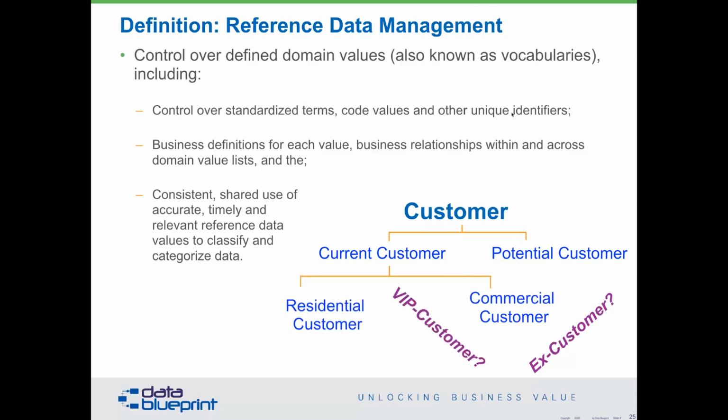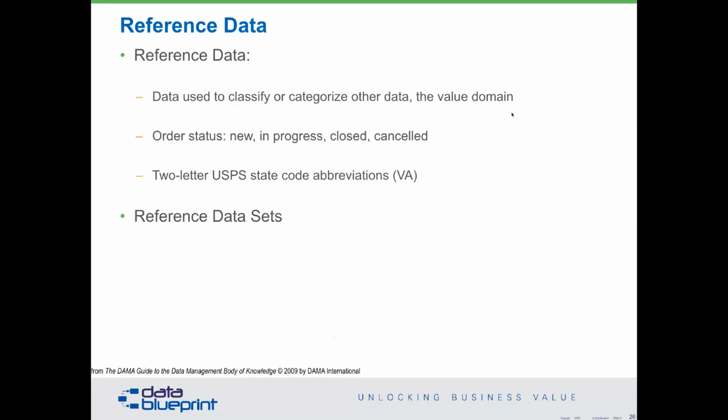Let's make the example a little bit more concrete. Reference data is data that's used to classify. It's used to identify, for example, an order. An order can be new, an order can be in progress, an order can be closed, or an order can be canceled. And notice, according to this taxonomy, which is not necessarily right for your organization, an order cannot be modified. We either close the existing one and create a new one, or we go with what is in there. We have reference data in the United States for a 2-letter code. I have a funny video on that if you ever want to see it, for 2-letter state abbreviations.